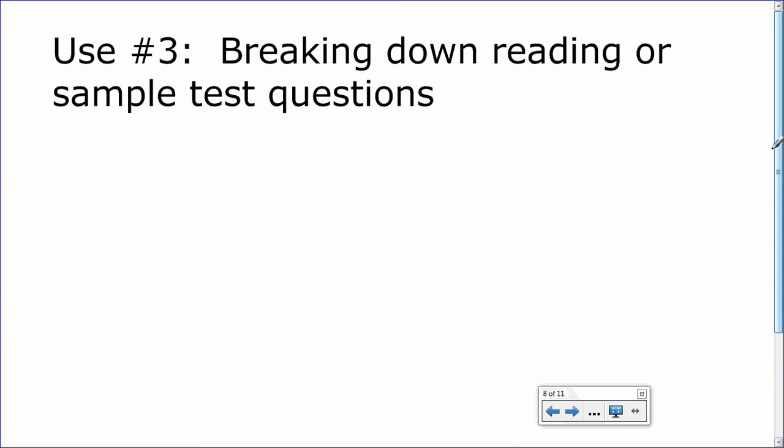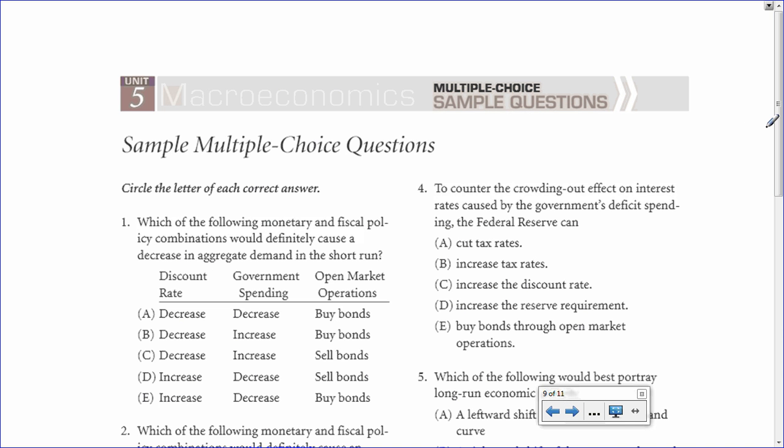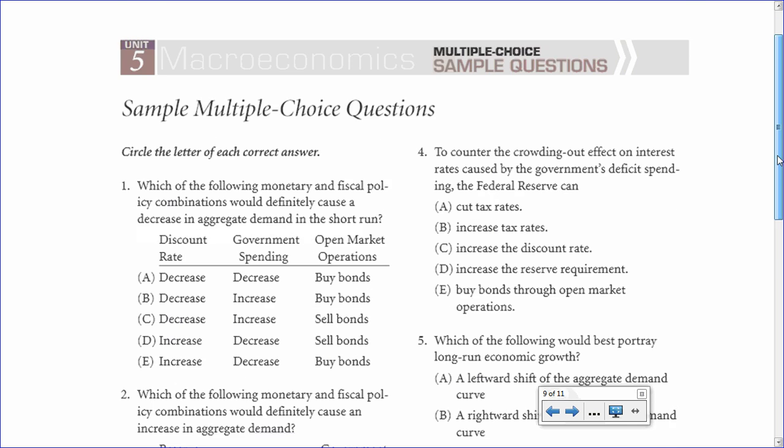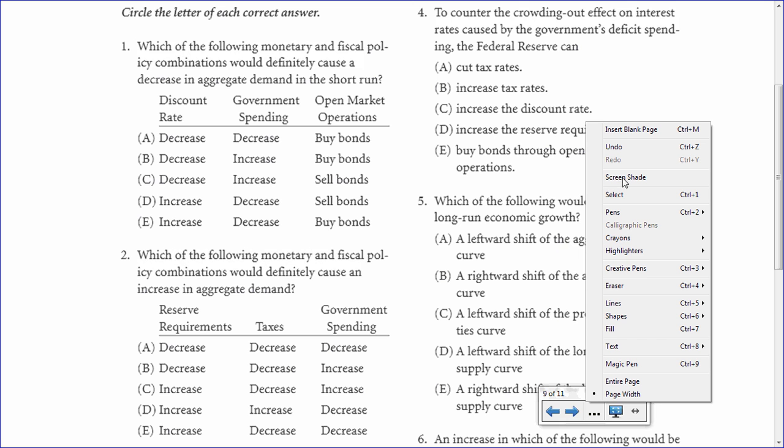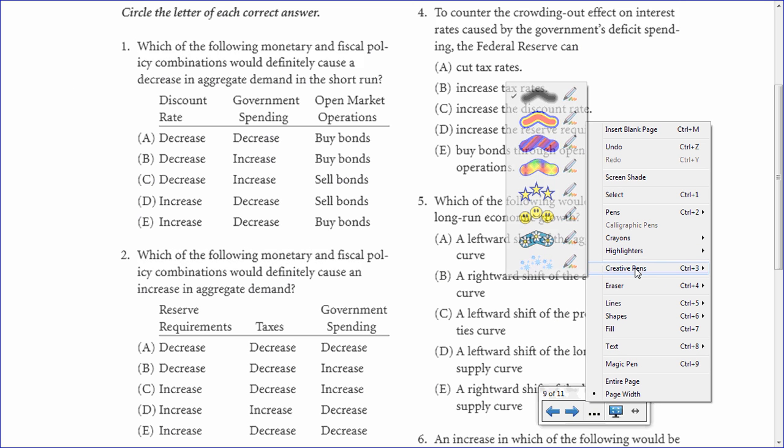Another way that I use this, and I use this very frequently, is to break down reading or sample test questions. I can take a page of reading, turn it into a PDF using a scanner, and use this to highlight and to annotate. I use it very frequently when we're talking about sample questions, especially as we're getting ready for the multiple choice portion of the advanced placement test. So if I were doing this with students, I would have them come up and highlight the things that they think are important